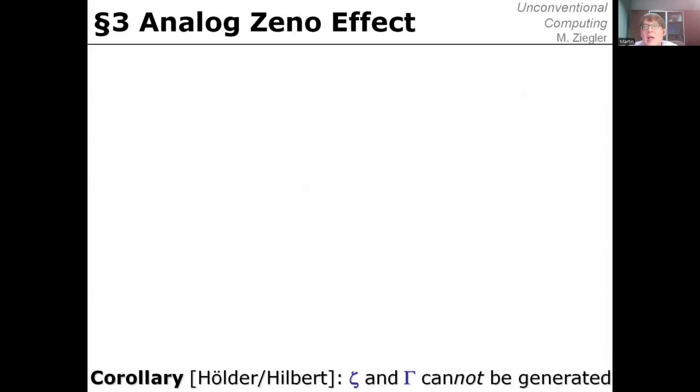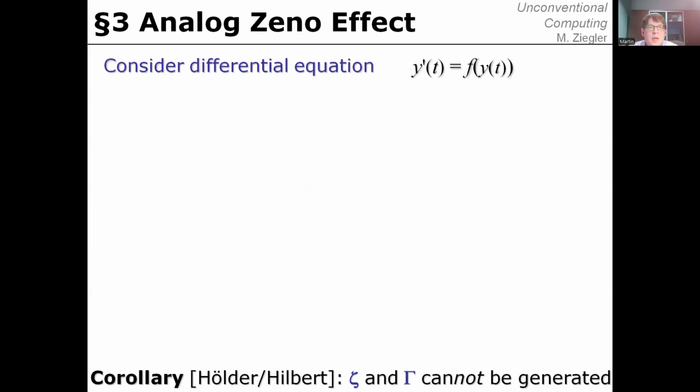This is going to be the last slide of chapter 3. So what is the analog Zeno effect? In the analog Zeno effect, we consider a differential equation like y prime of t equals f of y of t, with initial condition, let's say y of 1 equals y0,